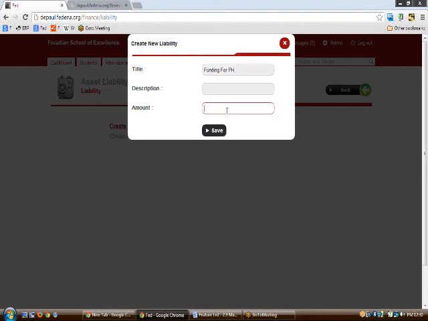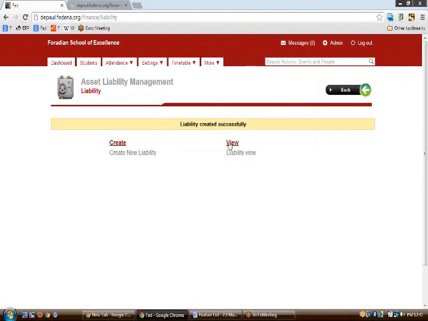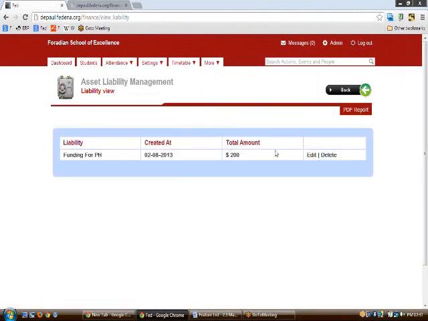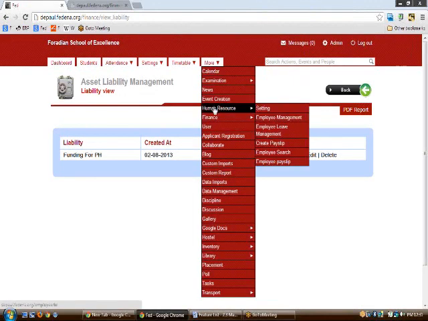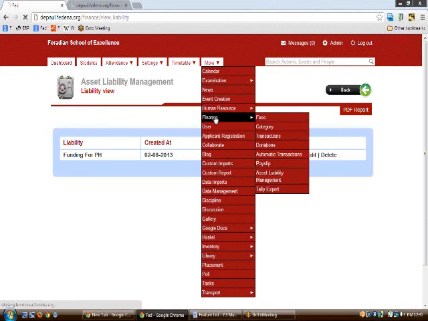On clicking on the funding for PH part, you can just go on and type the amount and save, and on the view part you can also see the liabilities associated. So this is how the assets and liabilities can be wisely managed using Fedina.